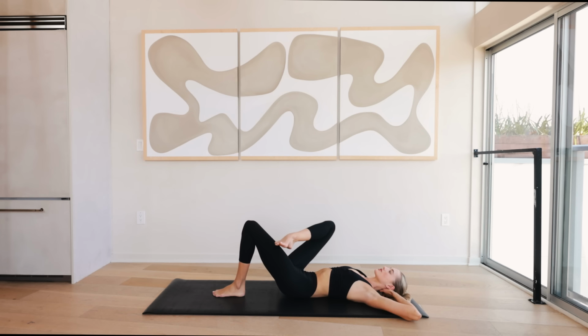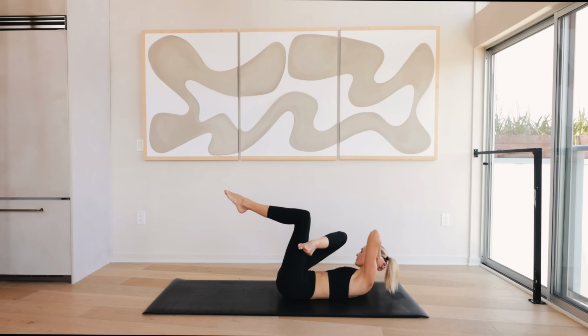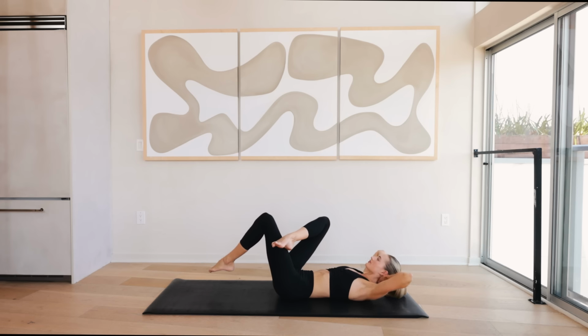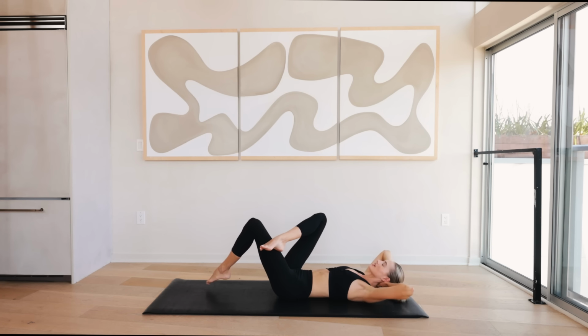Bring that right leg on top of the left. Bring it into a tabletop. Take a deep inhale through the nose. On the exhale, the head, neck, and shoulders come off the ground. Rotate that upper body so that left armpit reaches toward that right knee. For 10,